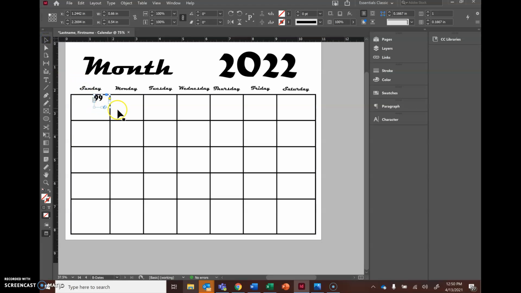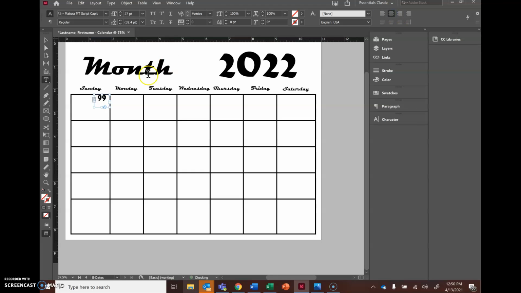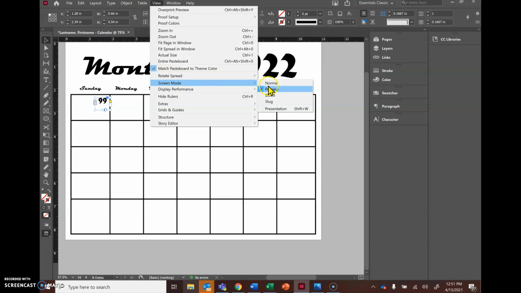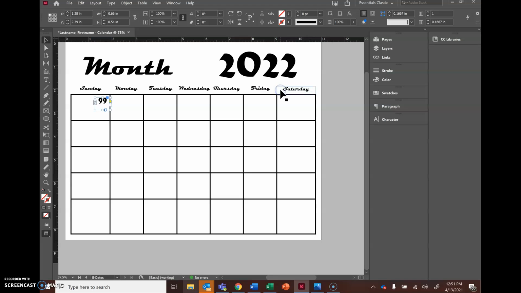And then I want to align it in the center of my box. And then I'm going to use my selection tool to either resize the box or move it around until I get it exactly where I want. And so something that would be beneficial at this point too is going back to that view, going to screen mode, and then your preview. That way you can kind of see, hey, exactly where is this falling? So once I have it in the position that I want, and I could always resize it a little bit here, guys, just to look more